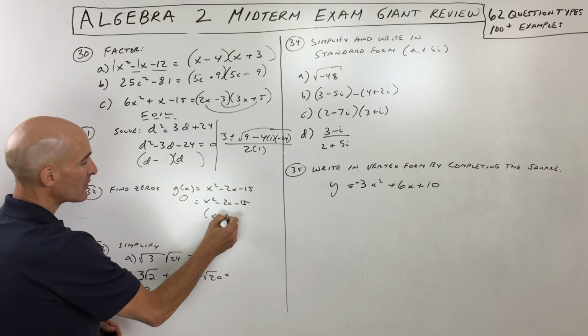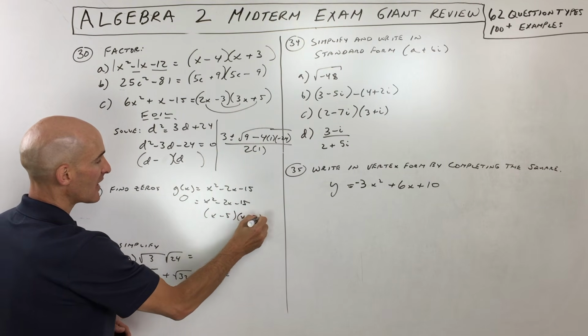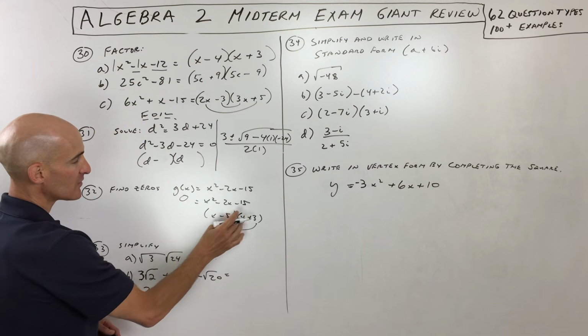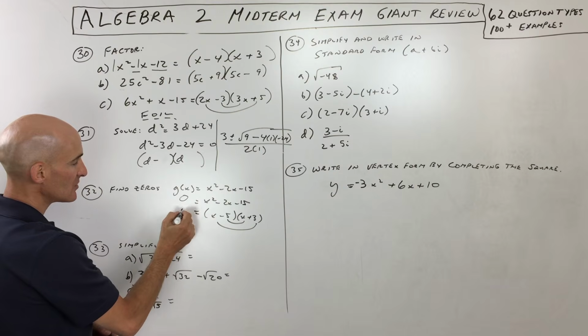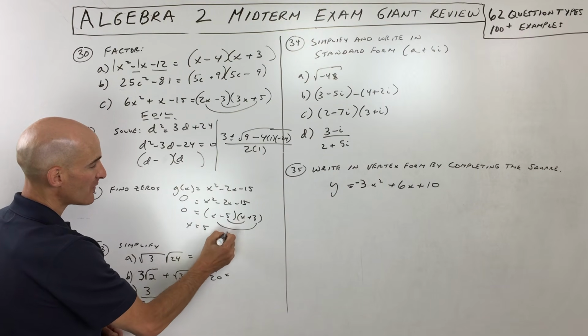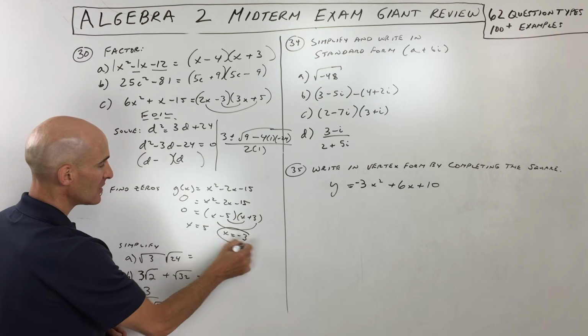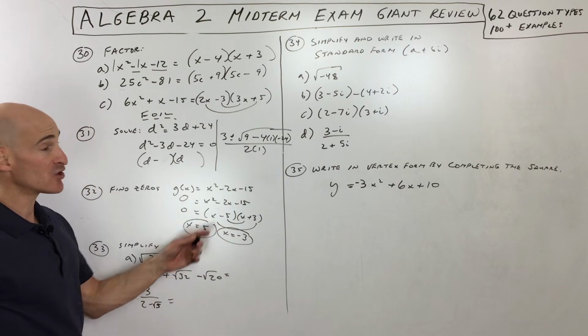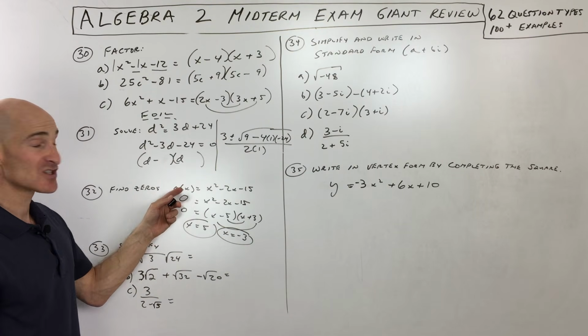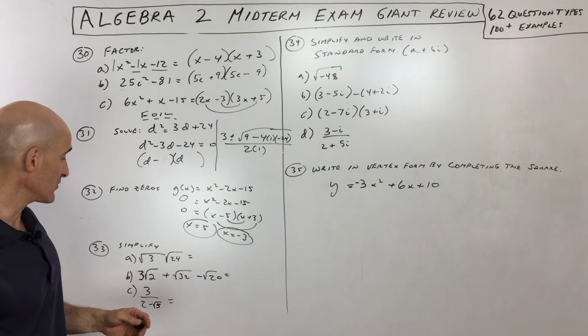In this one, we can factor this to x minus 5, x plus 3, because negative 5x and positive 3x add up to negative 2x, but the negative 5 times positive 3 gives you the negative 15. If we set each group equal to 0, we get x equals 5 or x equals negative 3, and those are going to be our solutions. Again, you can check by putting them back in to see if you get 0. But remember, finding the zeros just means set the output, or the y value, equal to 0.